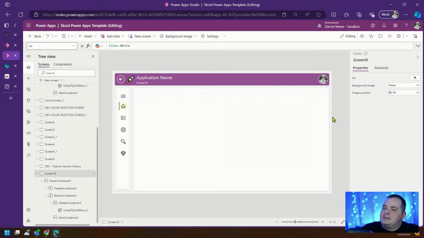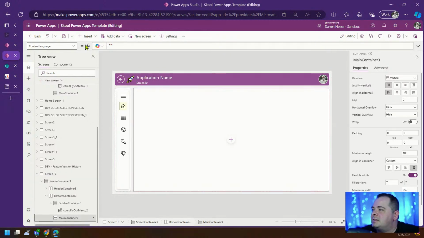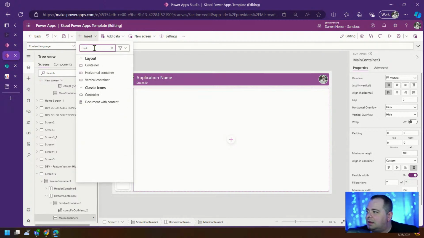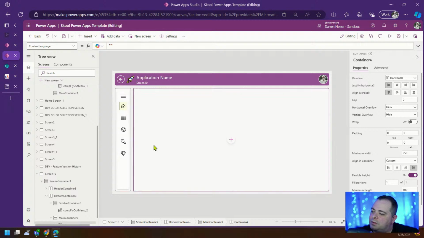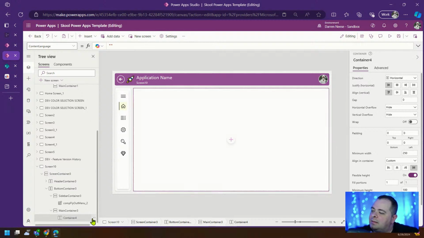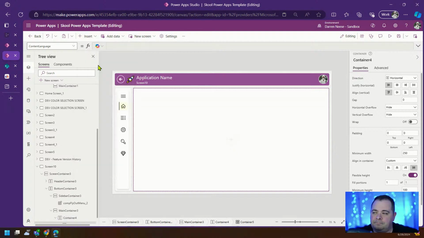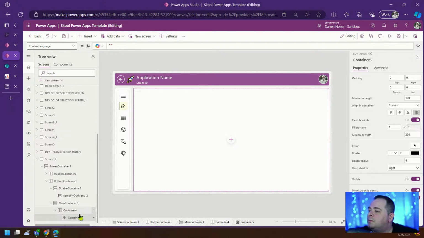Okay. So inside this container, we're going to have another container, and it's going to be a horizontal. We'll throw that in there. And then in here, click on that container, and I'm going to add in a normal container. Okay, and in this container,